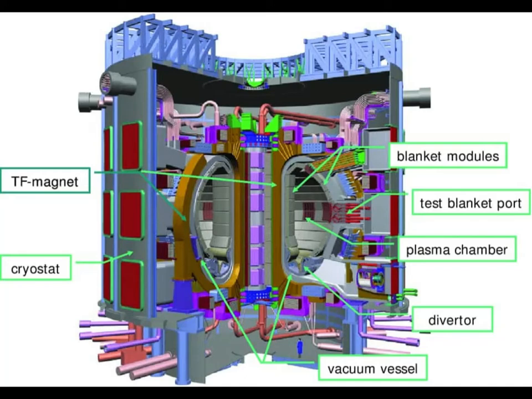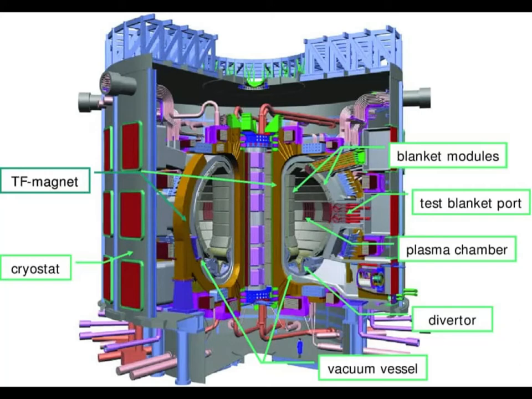So, the vacuum vessel provides a high vacuum environment for the plasma, improves radiation shielding and plasma stability, acts as the primary confinement barrier for the radioactivity, and provides support for individual components such as the blanket and the divertor. Cooling water circulating through the vessel's double steel wall will remove the heat generated during operation. 44 openings or ports in the vacuum vessel provide access for remote handling operation, diagnostics, heating, and the vacuum system.